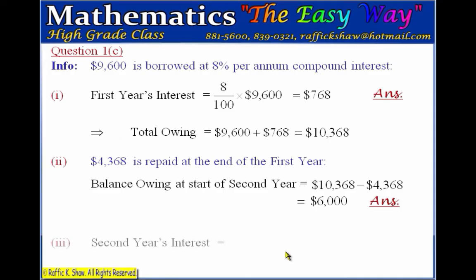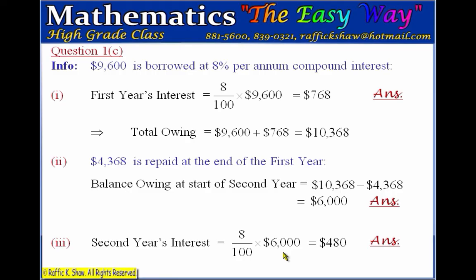And then part 3 now wants us to calculate the interest in the second year. So since $6,000 is the amount owing at the start of the second year, then the interest will be charged on this amount, the amount owing at the start of the second year. So the interest at the end of the second year will be 8% of this balance owing. And that calculation is simply 8 divided by 100 multiplied by 6,000. And the result of that calculation is